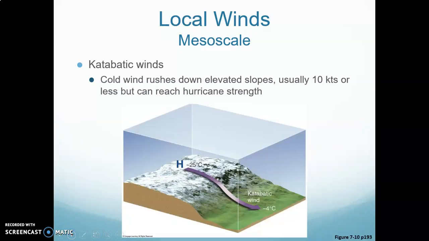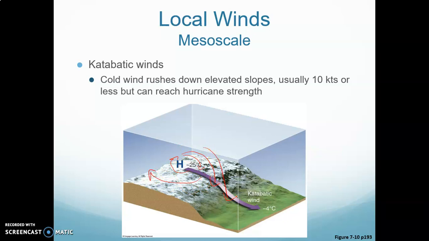Here's another great example of a mesoscale wind. This is called the katabatic winds. What happens is you have cold air around a high pressure system. Well, high pressure pushes air outwards, and let me redraw this. So it's going clockwise around a high, pushing it outwards,